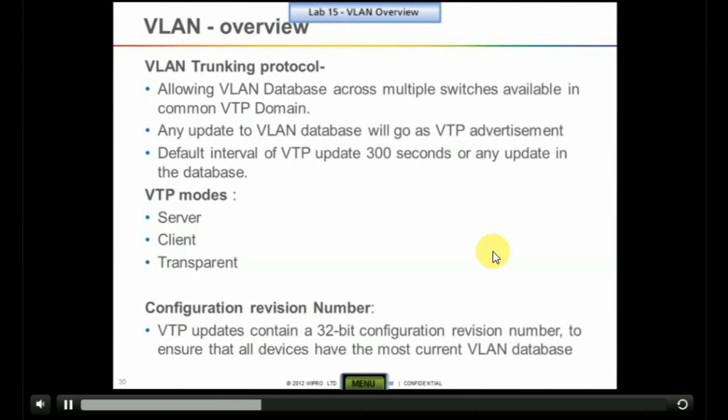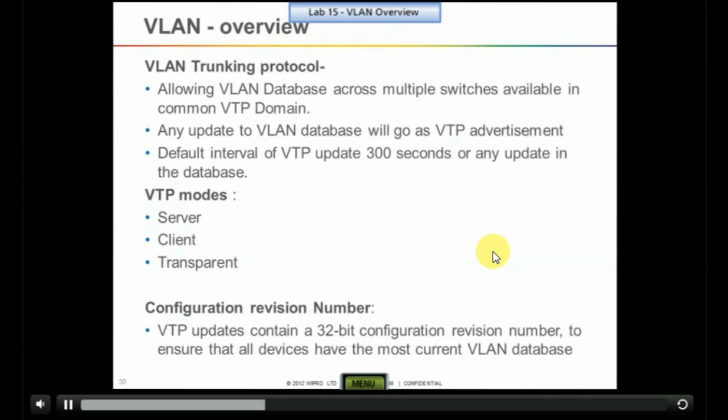By default, whenever you take any new switch, it will be in the server mode. When you want to insert a new switch into the existing environment, please ensure that you change the VTP mode to client, then enter the setup.